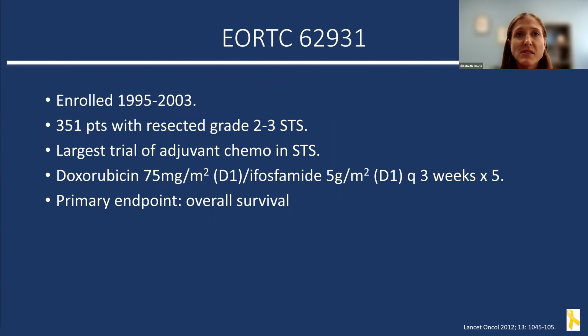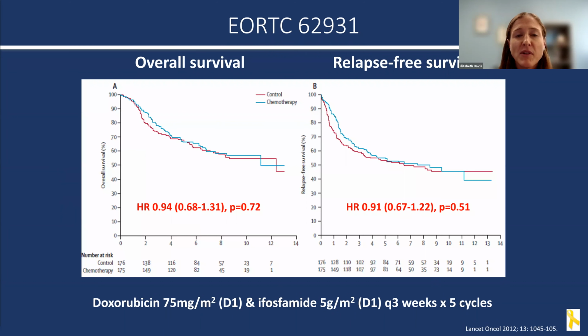There have been numerous studies looking at the benefit of adjuvant chemotherapy in localized soft tissue sarcoma. However, the results have been very mixed, thus leading to the controversy. This is the largest adjuvant study that has been performed in a soft tissue sarcoma, examining the role of 75 milligrams per meter squared of doxorubicin and 5 grams of ifosfamide in the adjuvant setting. In comparing 350 patients enrolled in this study between no chemo or chemo, there was no difference in terms of